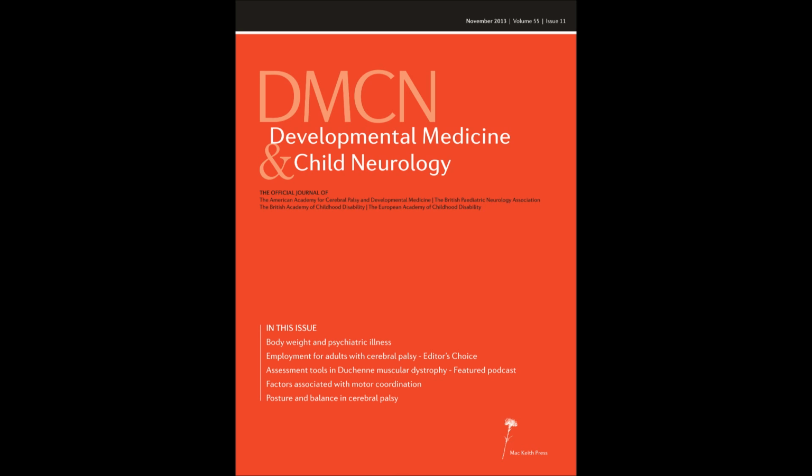But that's why we went for using small weights to, if you like, load patients in terms of their ability to lift weights. And that was particularly to do with the high end, so where a boy is reaching forward to shoulder and above shoulder height and reaching out to side to shoulder height and above height. So that was one area that particularly wasn't captured by other scales and we felt had particular important, clinically relevant